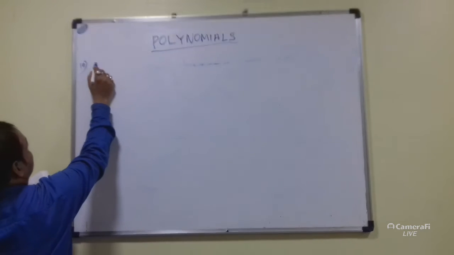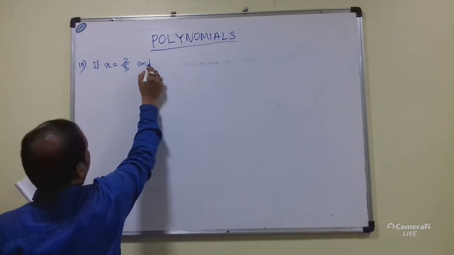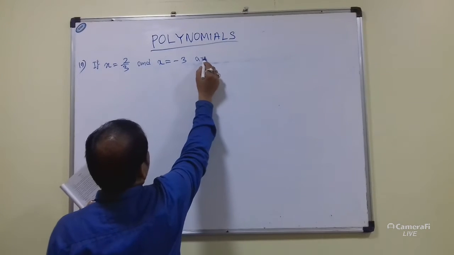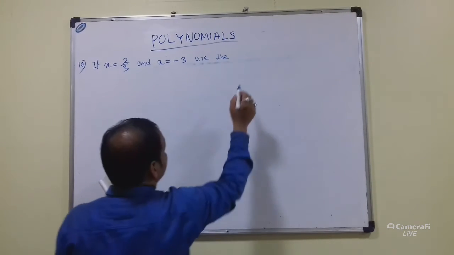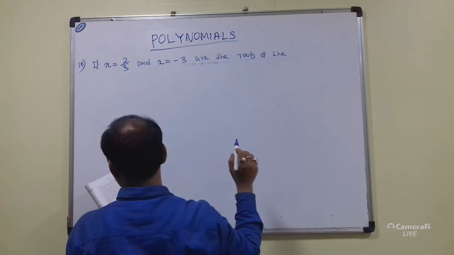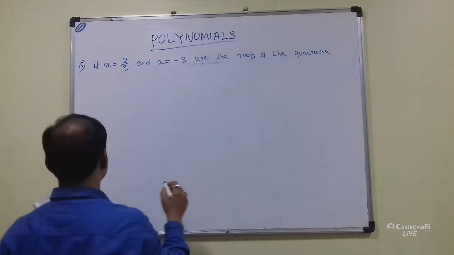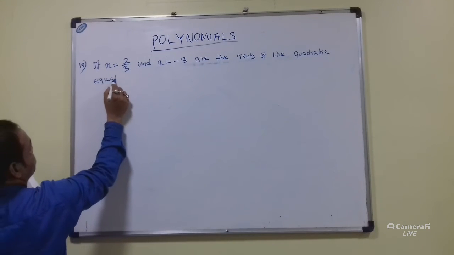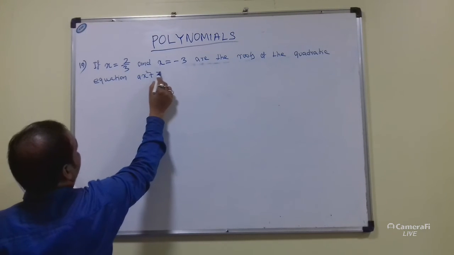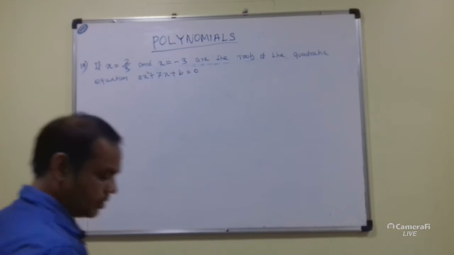If x is equal to 2 by 3 and x is equal to minus 3 are the roots of the quadratic equation ax square plus 7x plus b is equal to 0, then find the values of